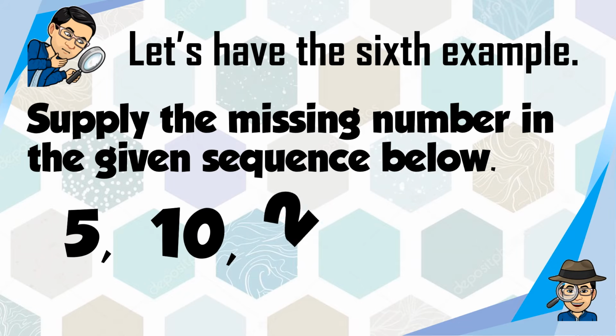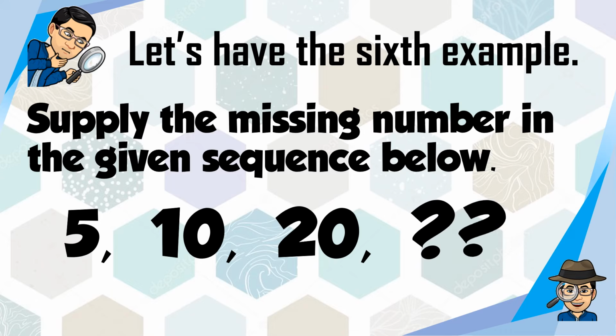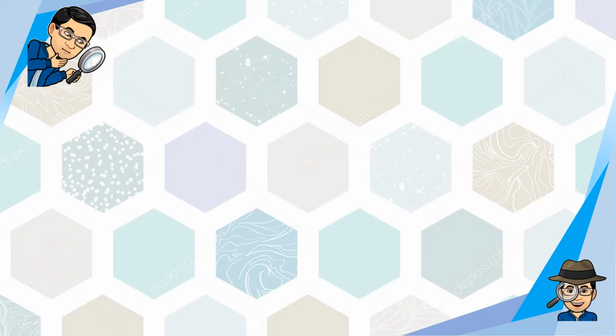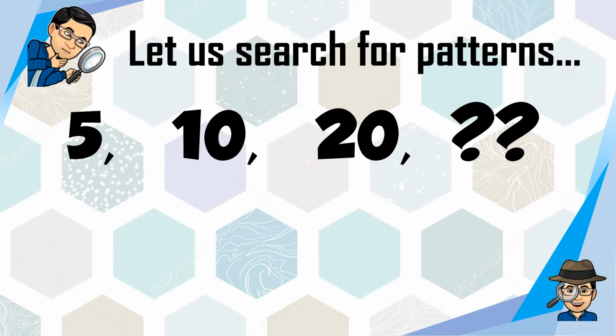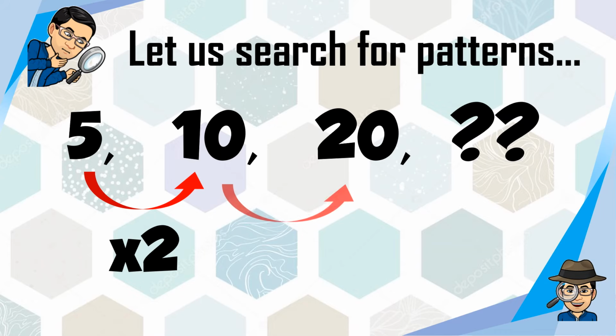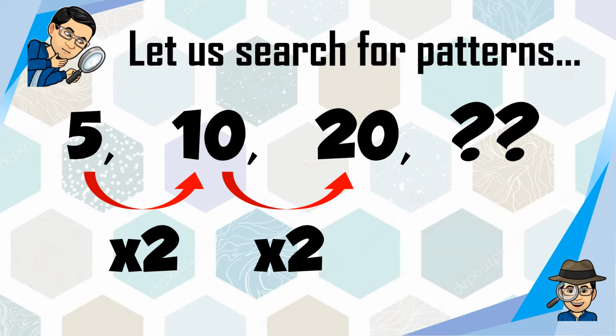5, 10, 20, and so on. So, isang number lang ang hinahanap natin dito. Okay. So, let us search for patterns. So, dito, ang gagawin lang natin is magmumultiply tayo ng number to get the next term. So, what should be multiplied to 5 to get 10? So, that is times 2 dapat. And then, magmumultiply ulit tayo ng 2 sa 10 para makuha yung 20. Now, what is the next term after 20? Using the same number, 20 times 2